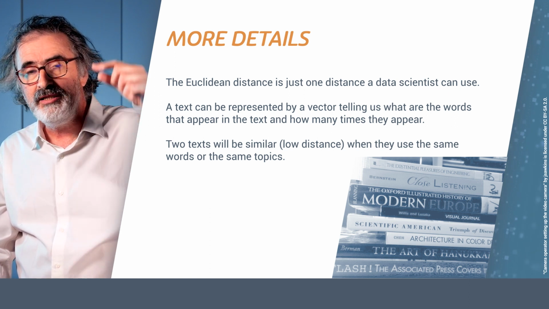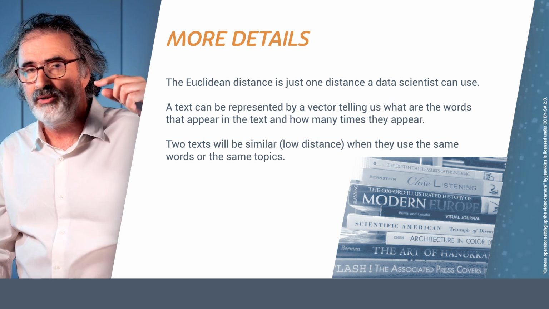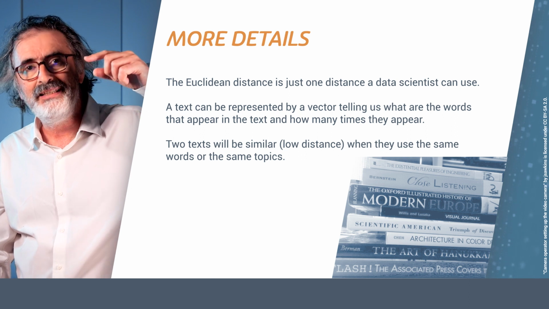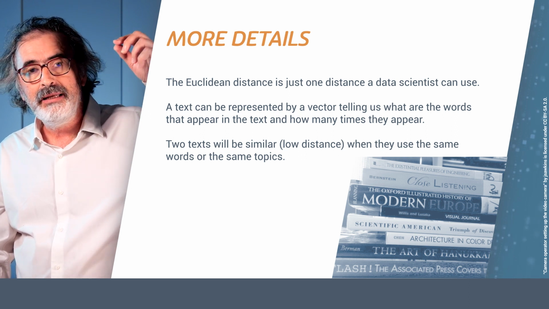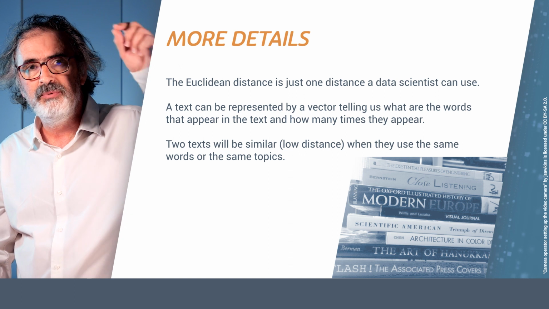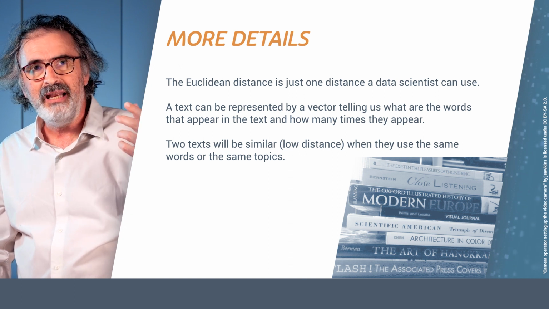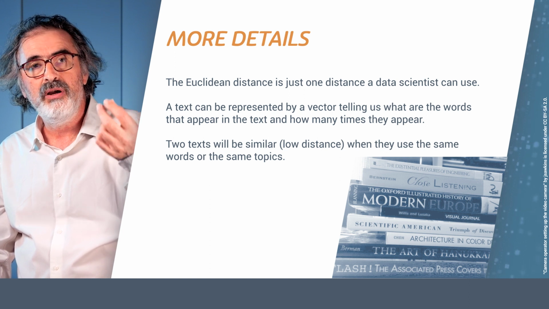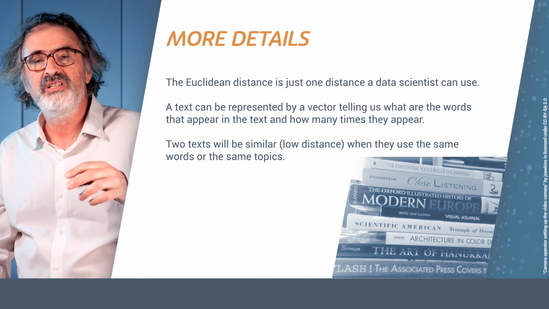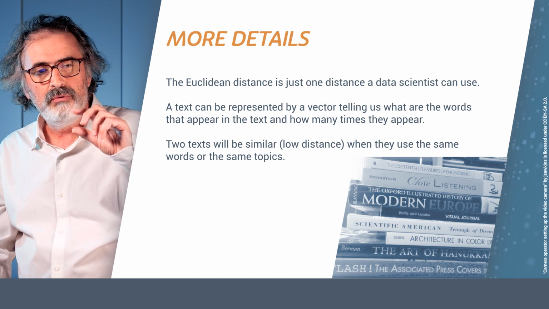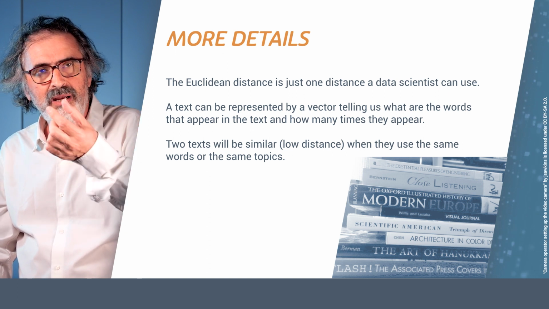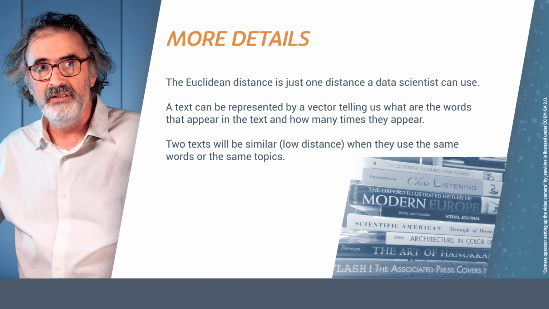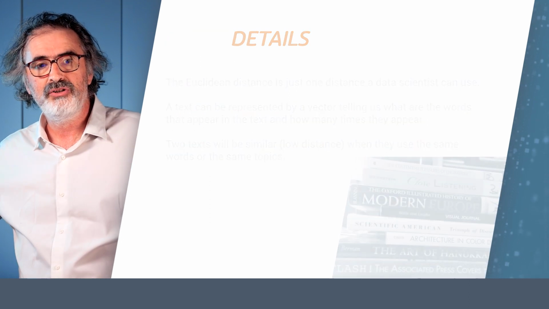So each word is a dimension of a vector, which now is not going to be of size 3, but probably of size various thousands. And I can again compute the distance between the two vectors. And again, if we have twice the same vector, we realize that we're going to have a distance of 0, which is what we want. So two texts will be similar when we have a very low distance, and two texts will be seen to be different when the distance is very, very large.